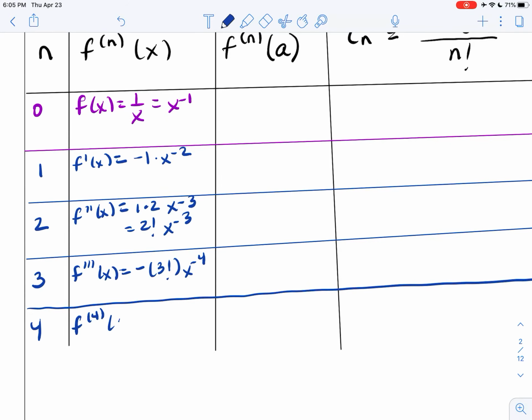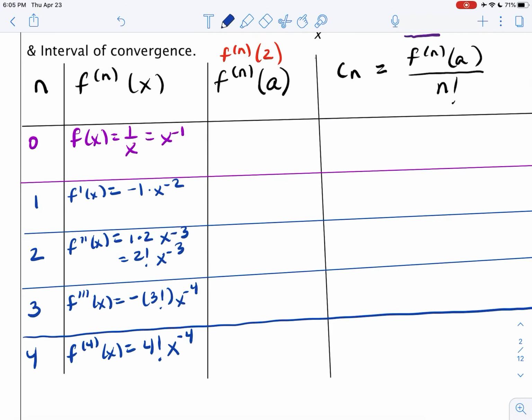And that's usually when people start using that parenthesis notation, on the fourth derivative. The negative times a negative turns into a positive, and when we multiply 3 factorial by 4, we get 4 factorial times x to the minus 4. Good. So now I'm going to evaluate